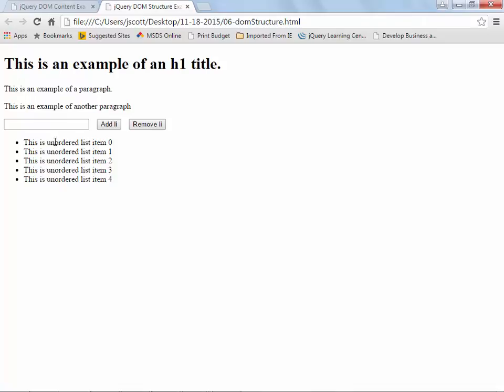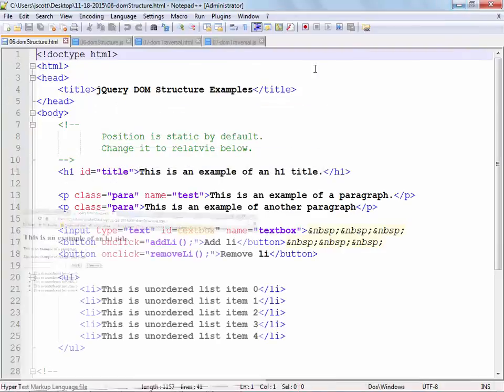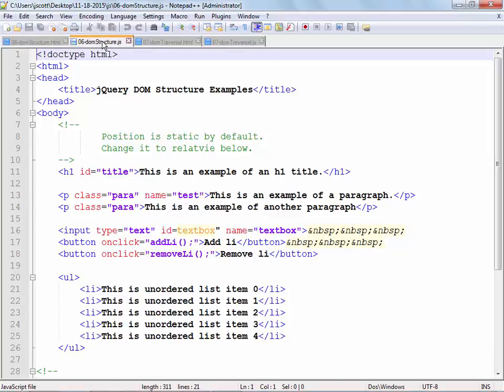For instance, once I get down to this one, and I remove this is unordered list item 0, I don't want it to say this is unordered list item -1, -2. But if I didn't put code in there, it would do that. Because again, the computer is only as smart as the logic that you put behind it. So when we look at this,